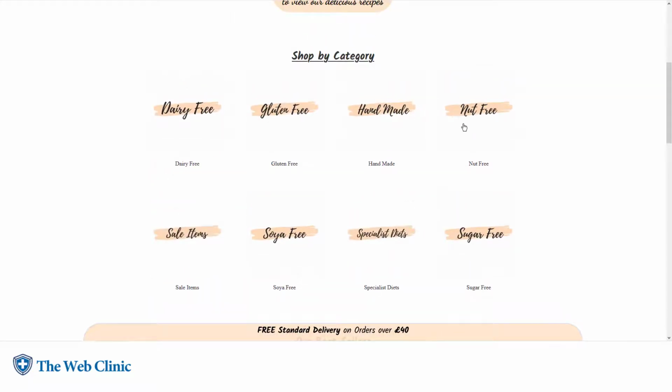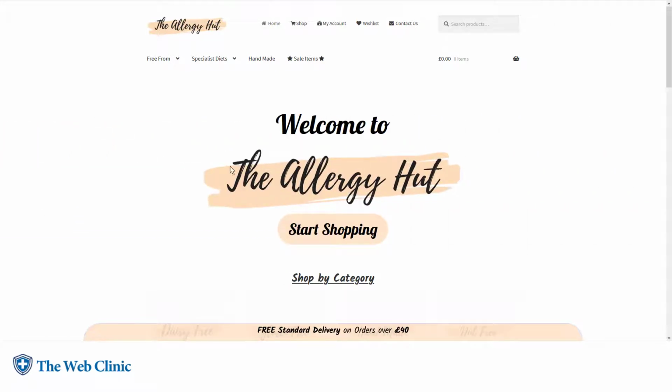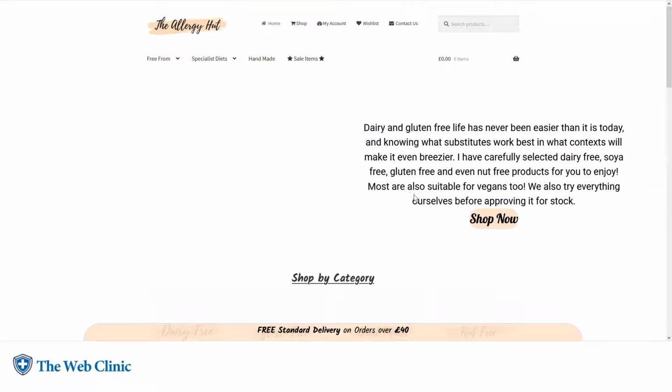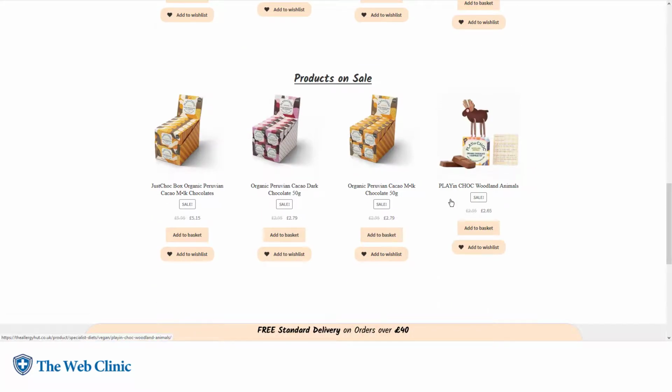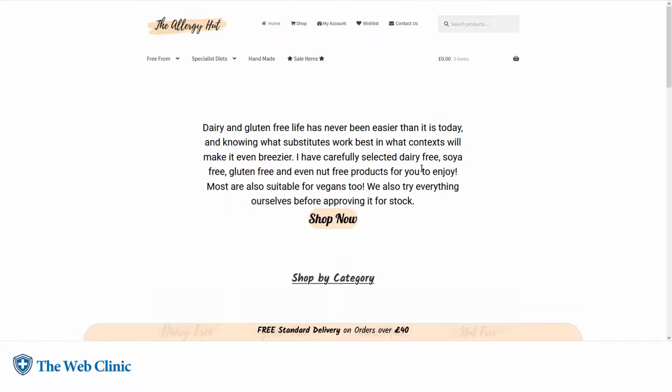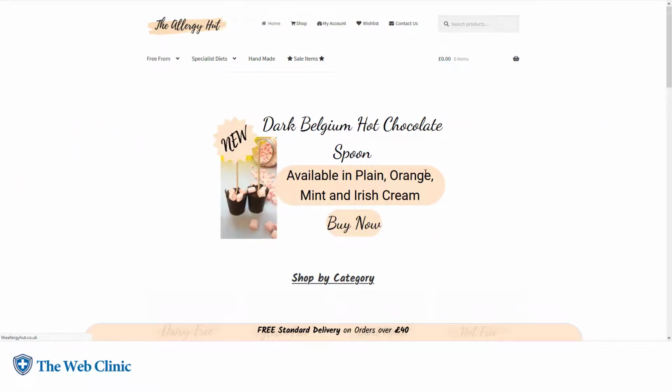Okay, and again, you should really have pictures. This should be static, and you should have pictures of your products up here, because this is still wasted. You're basically just saying to somebody, hello, welcome, after they're already in the door, whereas you want to be showing them what they can buy, all the lovely things that they can buy as soon as they are in there. So, let's go to dairy free,